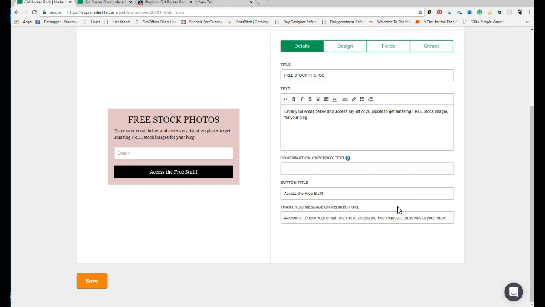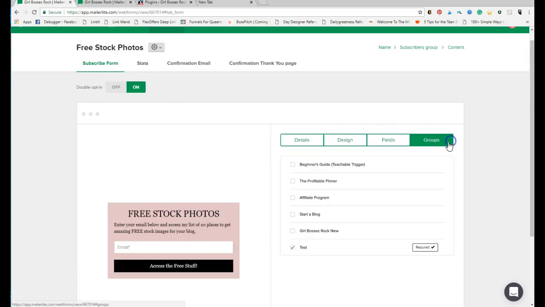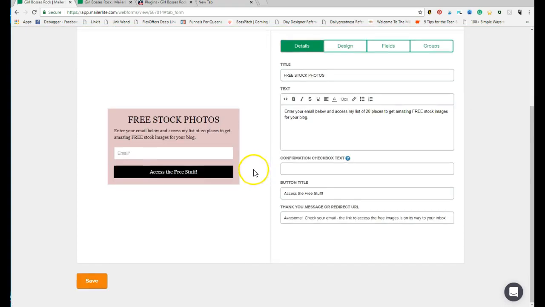Make sure you tell them to go check their email. And so over here, you would have assigned it to the group. We're doing the test group. So this is the folder that's going to go in the actual group of emails for this particular freebie. If you're doing multiple groupings and sending specific emails to specific groups, then you would definitely make sure that you have it on the right one. All right, so now,